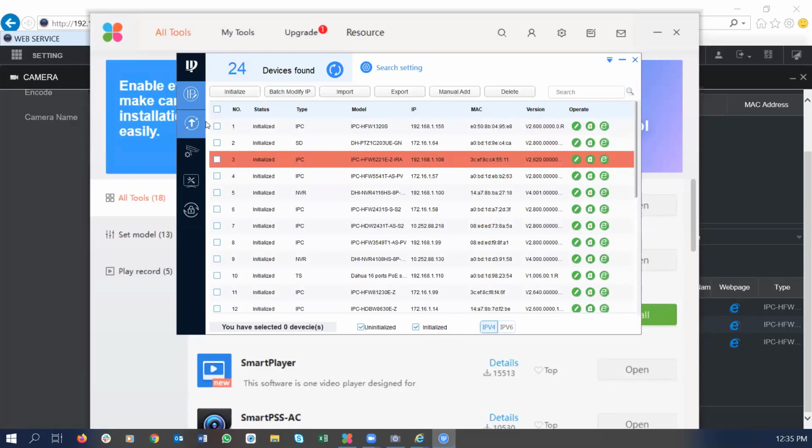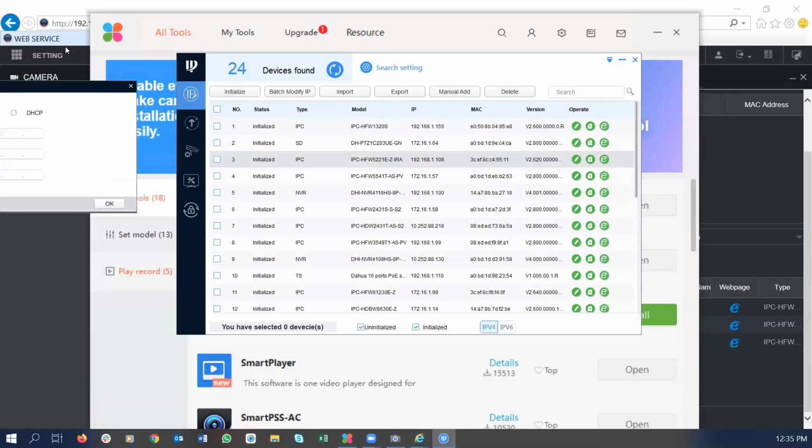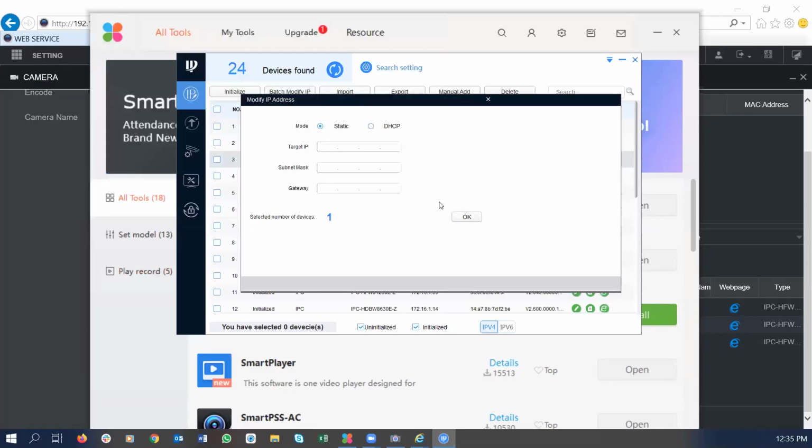Then you can do things like reset. There's obviously edit functions too, you can go and edit this. Sorry, it keeps popping onto my other screen. You can edit the IP address of this device. So if I was to try and change the IP address of this device,